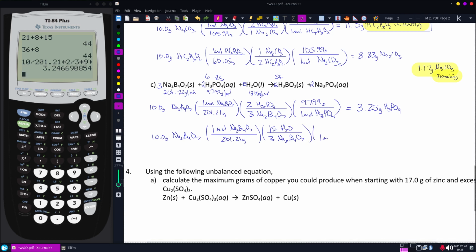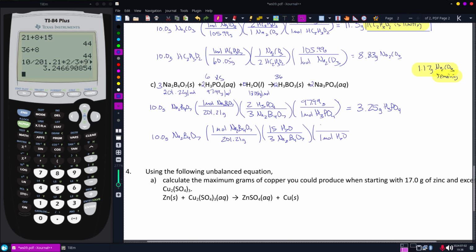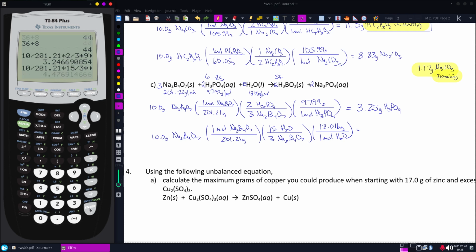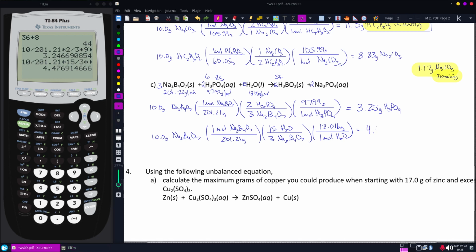And then the molecular weight of water, 18.016 grams. So I have 10 divided by 201.21 times 15 divided by 3 times 18.016, and I get that that would need 4.48 grams of water. Alright, the nice thing is that just shows us both of these are limiting,